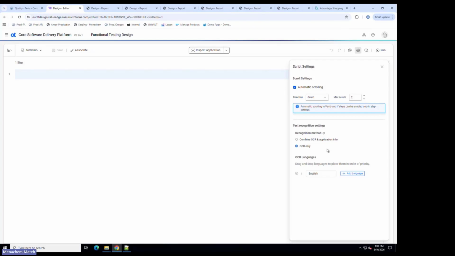But again, depending on your application, depending on your UI, sometimes you want to set it. Sometimes you want to set it for the entire script. Sometimes you want to set it for a specific step. Again, it's your decision. And we have the languages. If using other languages, I assume you're going to be using Polish as well. So you add a language